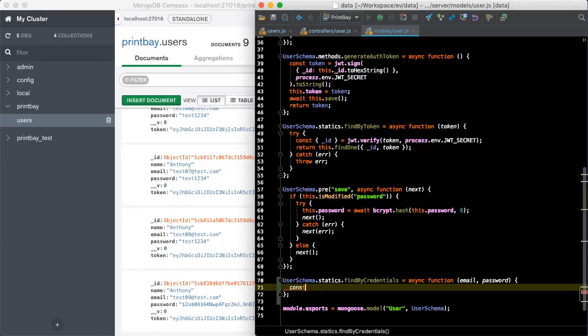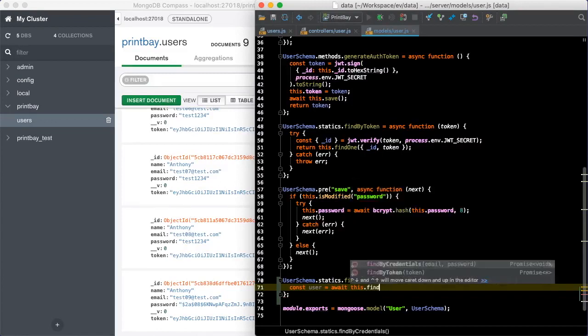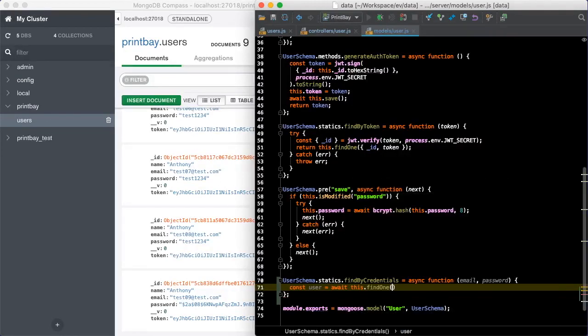So we can do this by declaring a variable user and awaiting the findOne method of the model. So it's actually going to be this.findOne, and the criteria for finding this model is going to be the email,